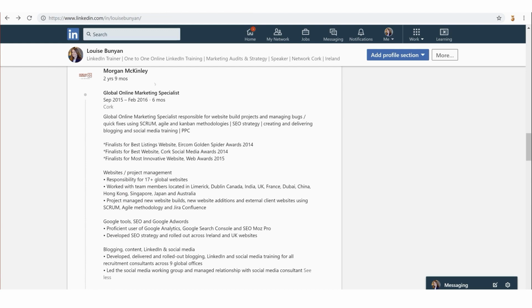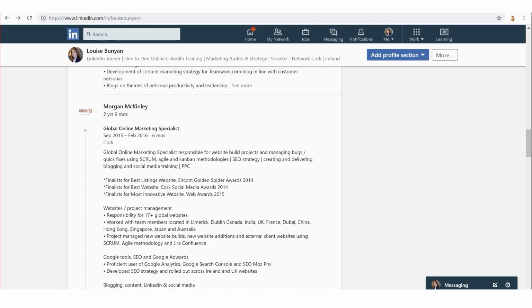But you just always have to be mindful of who's looking at your profile. So we always have to be aware of the really, really busy recruiter or the busy talent acquisition person, or perhaps if you want to work for a smaller company, it could be just a general HR manager, or it could be the managing director of that small to medium enterprise.